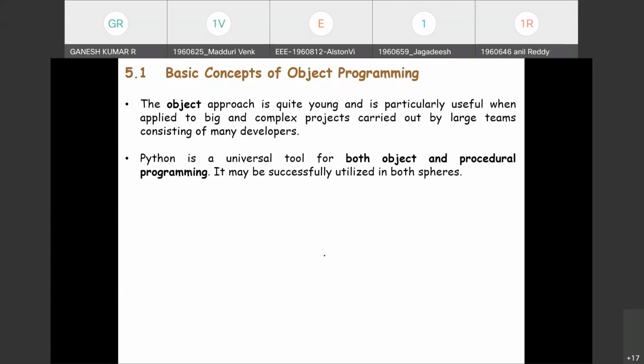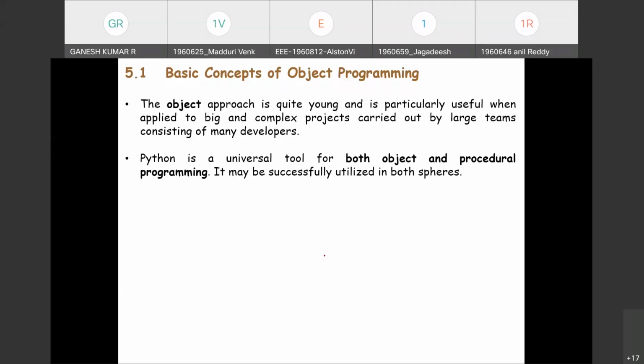Python is a universal tool for both object and procedural programming. Python supports both cases. It supports procedural programming concepts and object programming as well. So it may be successfully utilized in both spheres. And furthermore, we can create a lot of useful applications.